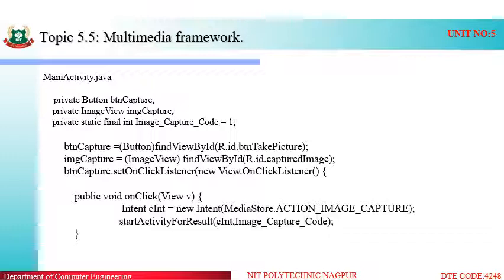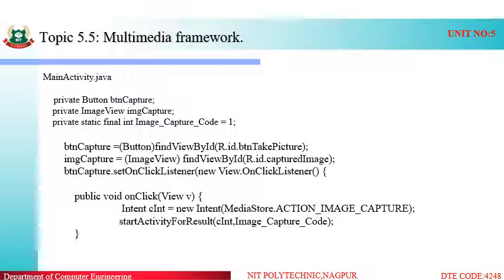Inside the button capture click listener event, we have made a function that is onClick. What will happen in onClick? The same action that we have used in the intent. We have created an instance of intent as camera initialization, cInit. This is the instance of our intent. We have created a new intent, and the action will be image capture, that is MediaStore.ACTION_IMAGE_CAPTURE.